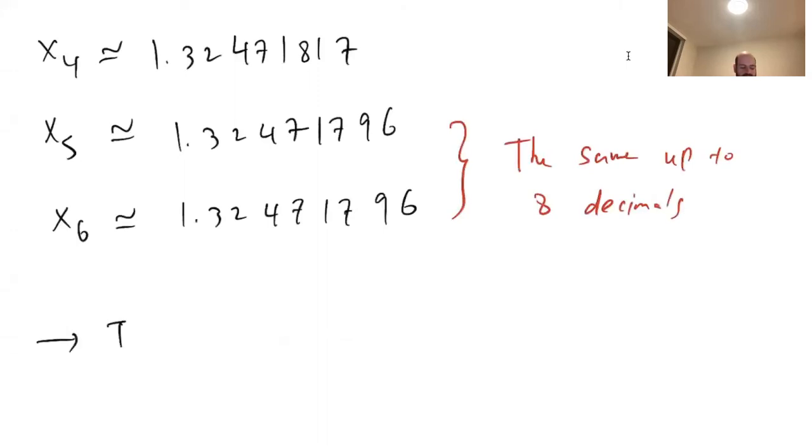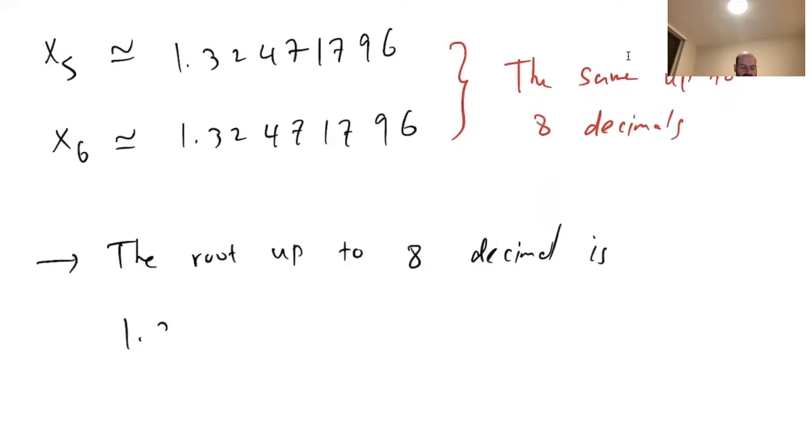So the root up to 8 decimals is 1.32471796. If we found two numbers that are the same up to eight decimals,